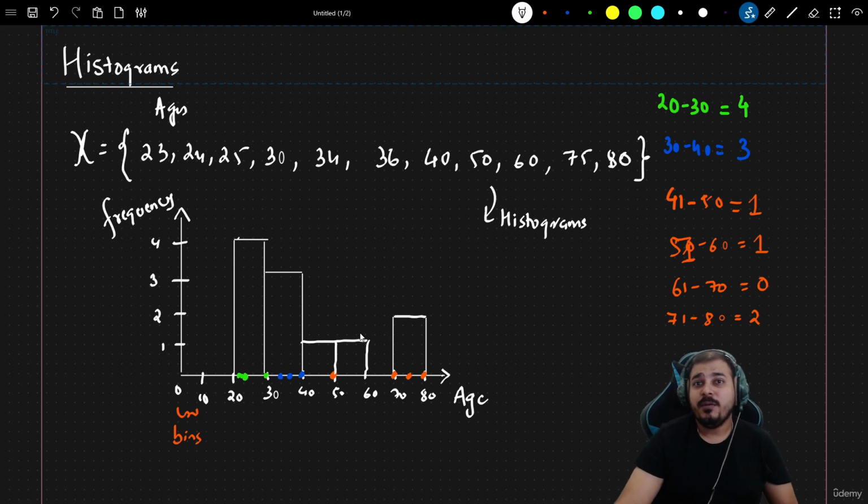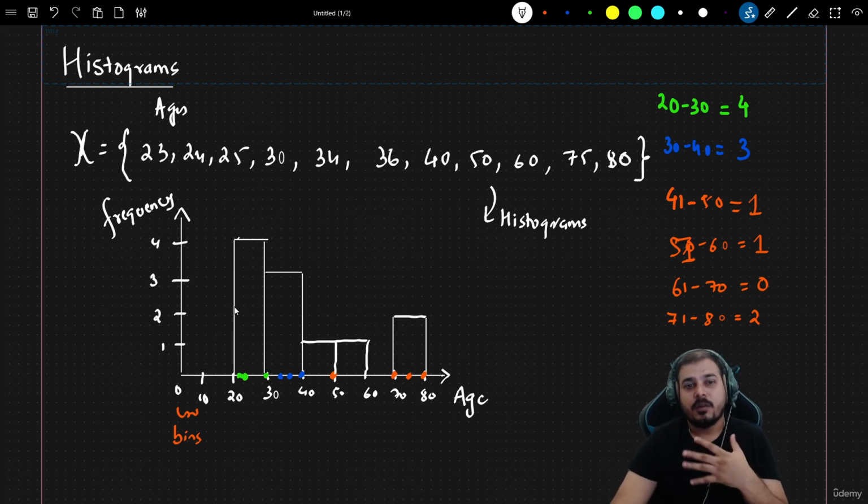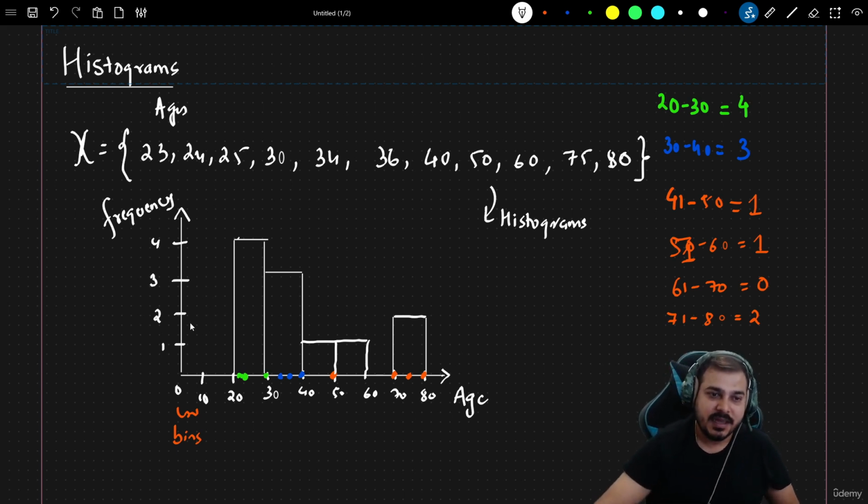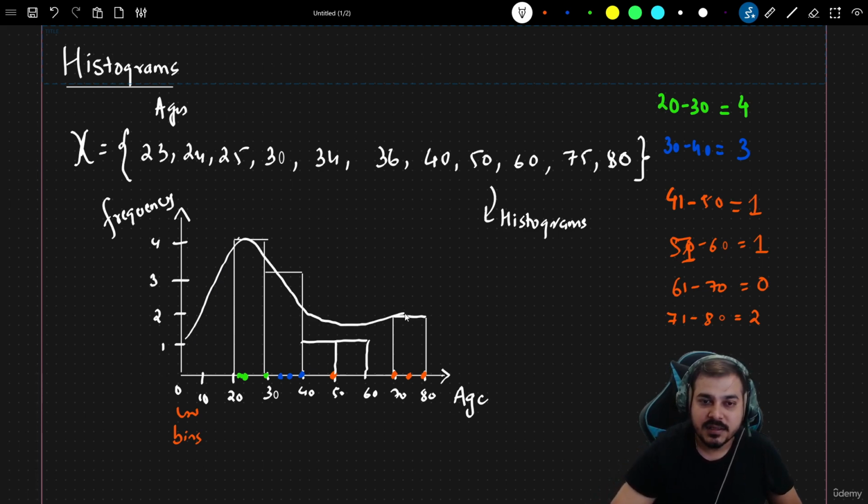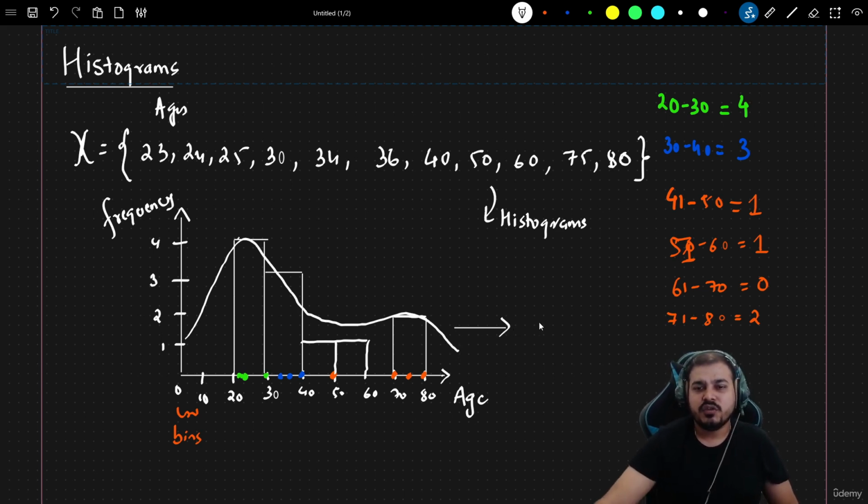Now there is one more very amazing thing that you can derive from this histogram, which is the probability density function. Okay, now probability density function or probability distribution function: if I try to smoothen this histogram, which looks something like this, then this will basically define your probability density function. Now the question arises, Krish, how do you smoothen the histogram?